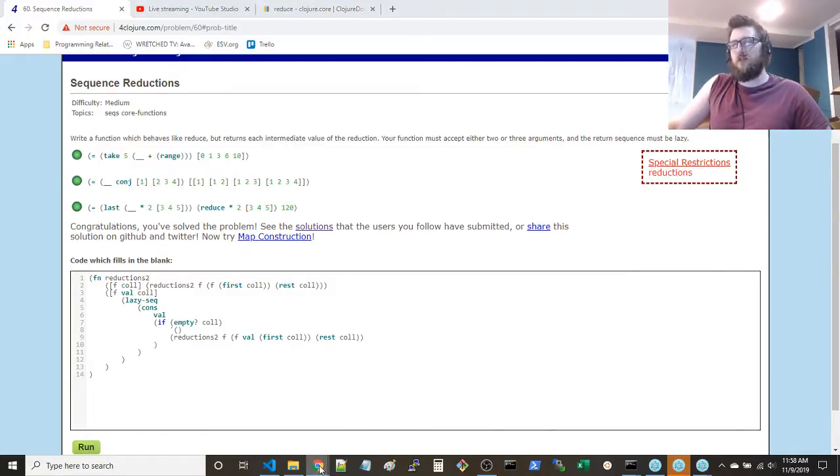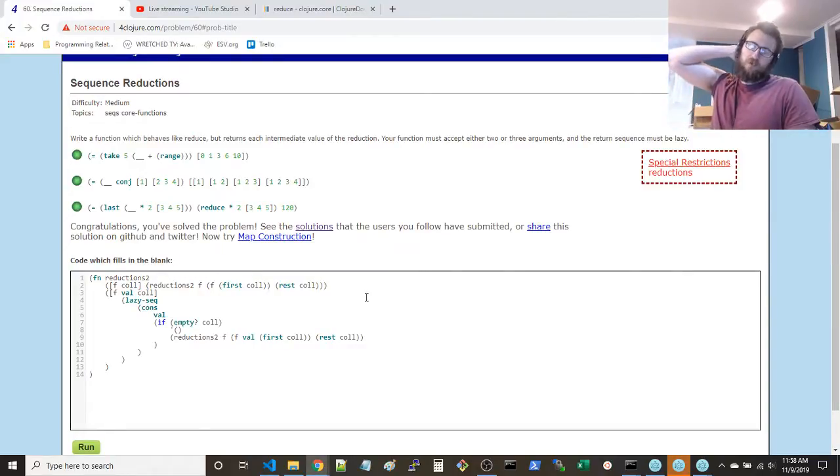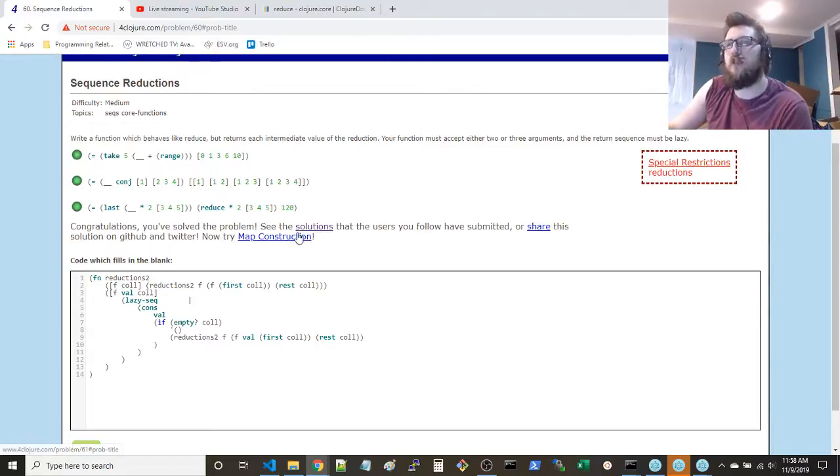I kind of don't feel like going through each case. We could, but I prefer to just go on to the next thing. I would say yeah, because we have reduce already. But either way, pretty cool, the program that we looked at. And so we'll move on to the next thing here.